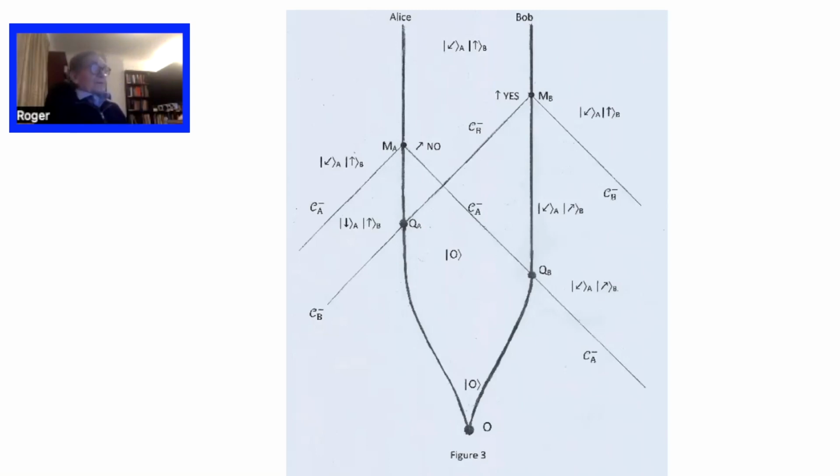And if you can think of a moving frame which could be moving very fast to the right or to the left, and to make this consistent, you have to say that Alice makes the measurement and she finds it's, I have to look at my picture. No, she finds that it's down to the left, isn't it? Down to the left, I think that's right, because she measures it up to the right and she finds the answer no, therefore it's down to the left. That means Bob's state is up to the right, and this happens, if you like, projected backwards in time along the past light cone to the point QB.